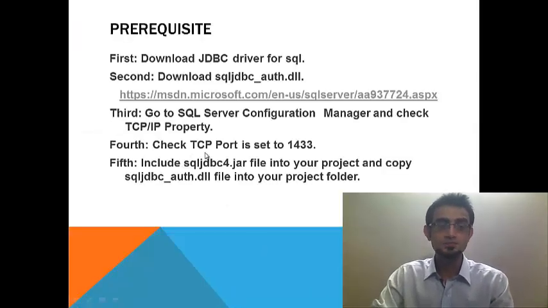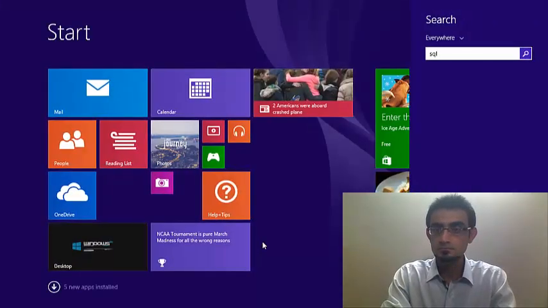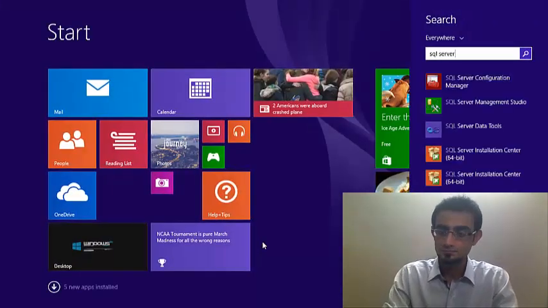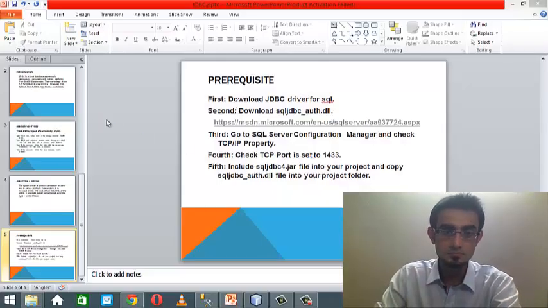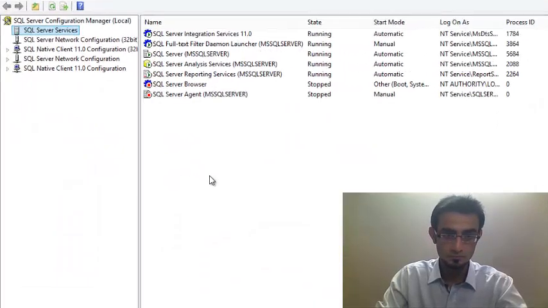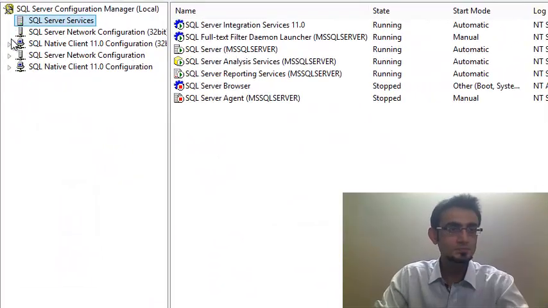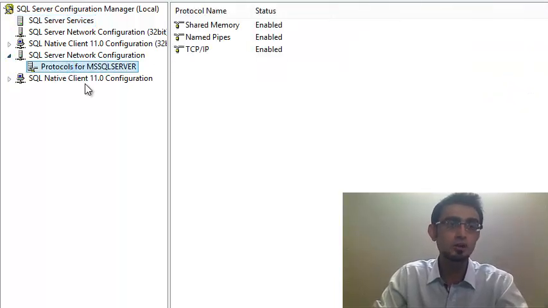The third thing you need to do is to go to SQL Server Configuration Manager and check for TCP IP property. Let's go there and check it. Here, under the tab of SQL Server Network Configuration, you will find Protocol for MS SQL Server.